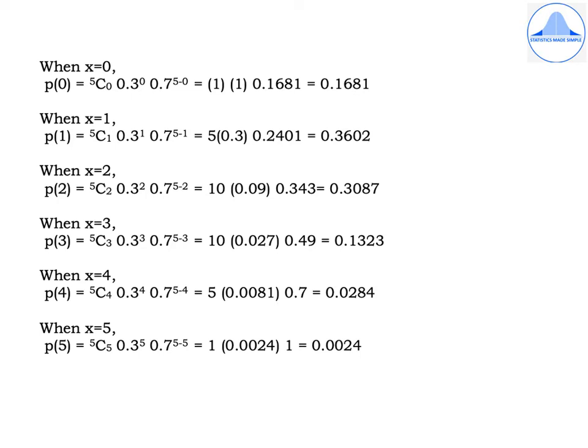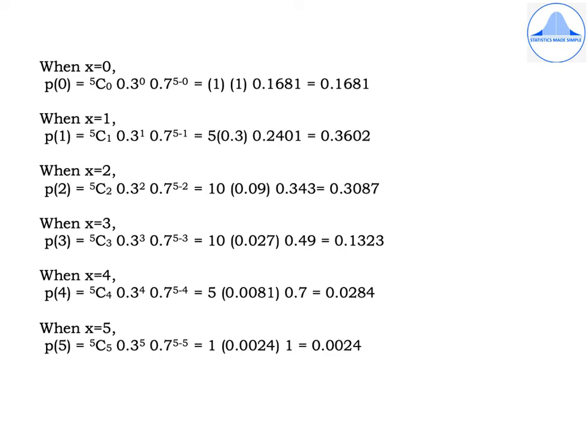Now I am obtaining the probabilities by substituting different values of x in the PMF, and like I have already mentioned, you can make use of the recurrence relation between successive probabilities or successive frequencies and then get the probabilities and the theoretical frequencies. So when x is equal to 0, p of 0 is 5C0, 0.3 to the power 0, 0.7 to the power 5 minus 0, which is equal to 1 into 1 into 0.1681, which is equal to 0.1681. When x is equal to 1, we get p of 1 is equal to 5C1, 0.3 to the power 1, 0.7 to the power 5 minus 1, which is equal to 5 into 0.3 into 0.2401, which is equal to 0.3602. When x is equal to 2, we get p of 2 is equal to 5C2, 0.3 to the power 2, 0.7 to the power 5 minus 2, which is equal to 10 into 0.09 into 0.343, which is equal to